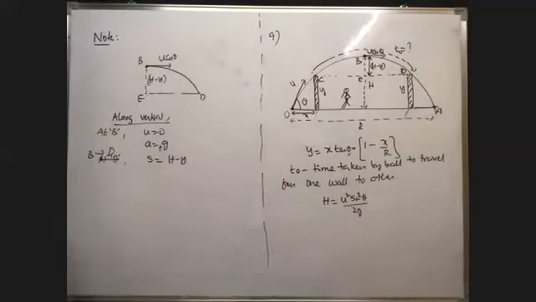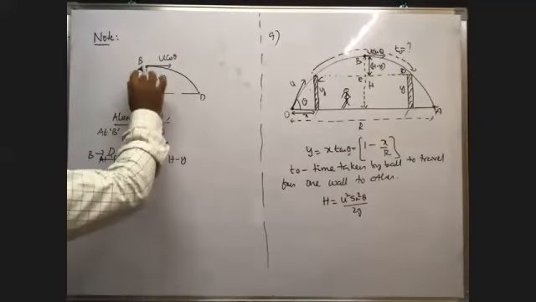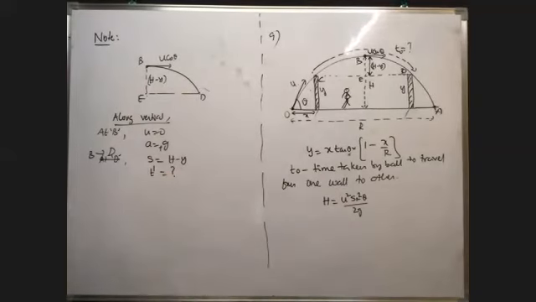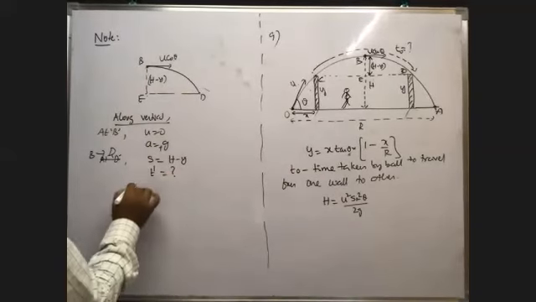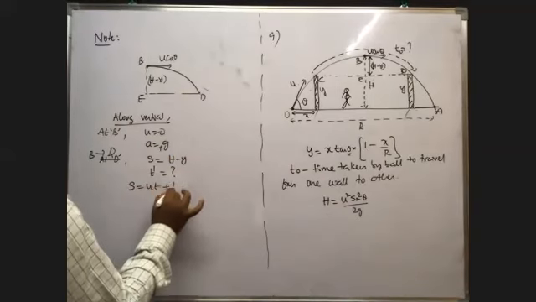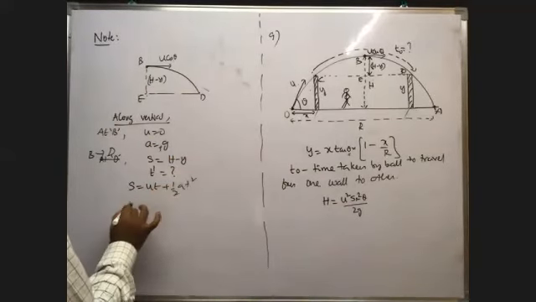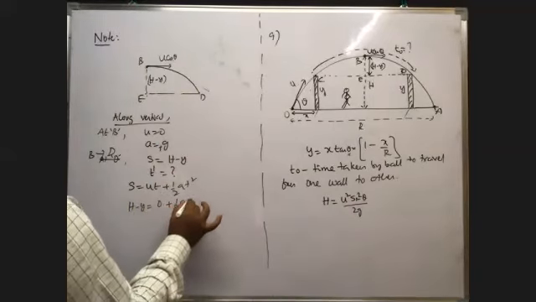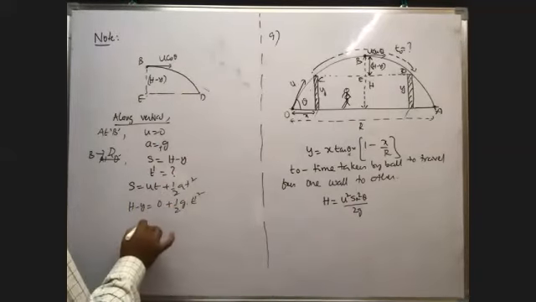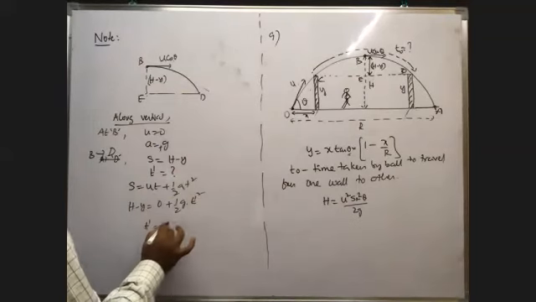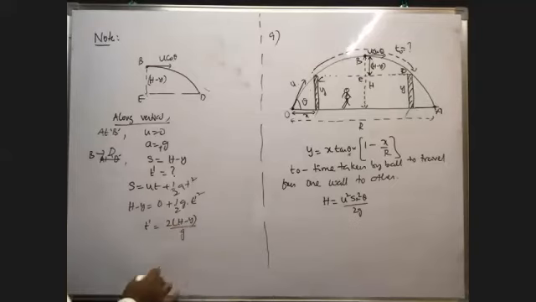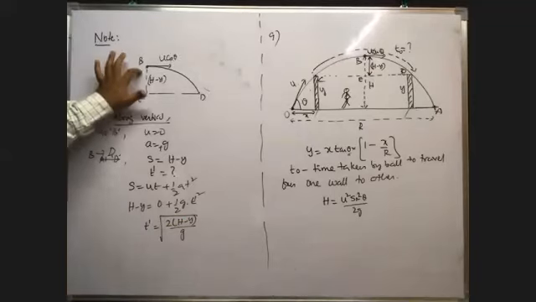We can calculate. What is the time taken for this? Time taken is, say, t dash. t dash is equal to what? What is the relation among them? From s is equal to ut plus half at square, s means capital H minus y is equal to u into 0 plus half g t dash square. Therefore, t dash is equal to the root of 2 into (H minus y) by g. This is the time taken by the body to travel from B to D.